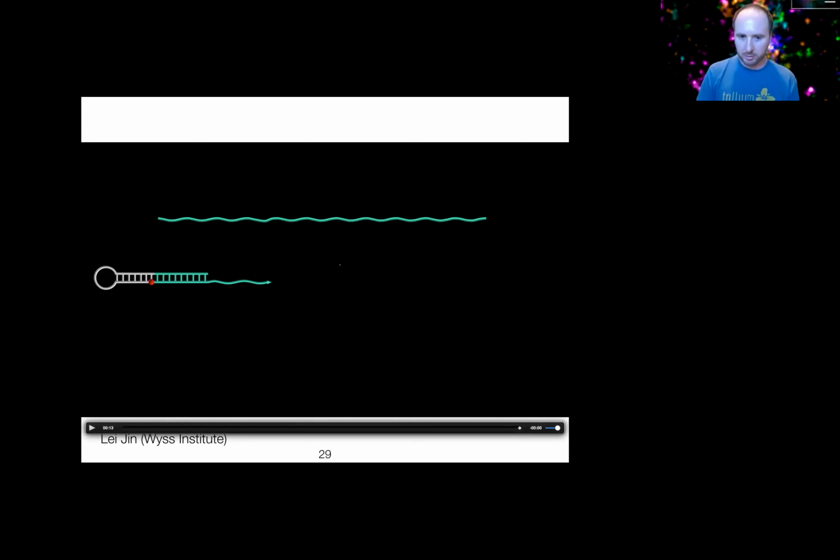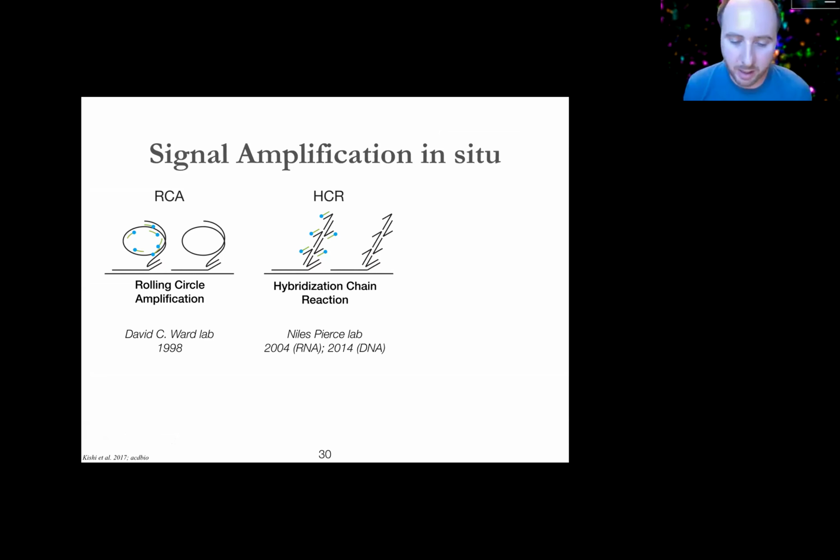Great. Okay, so how this connects back to the omics world is that we're looking at this PER reaction as Josie was finishing this development and thinking about the kind of things it might be useful for in a general sense, not even necessarily just in the cellular context. And it became very clear looking at it that we had something on our hands that looked very similar molecularly to some of the other technologies that are being used very actively to amplify signals in cells and tissues, like the RCA technique from David Ward's lab and the HCR technique from Niles Pierce's lab.